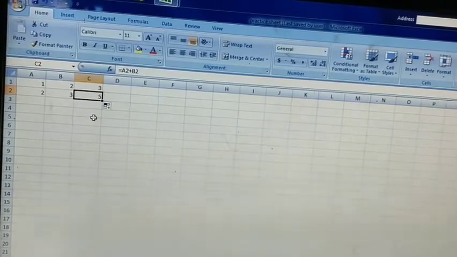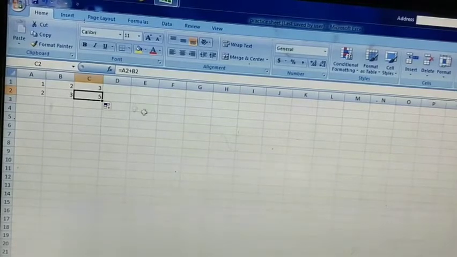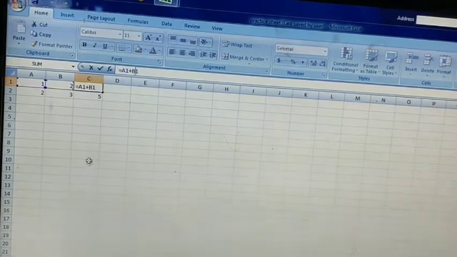Now I'm giving you the example of mixed referencing. So what I am doing, selecting the first cell, then in the first part A1 I am leaving it as it is, and in the second part B1 I am just putting a dollar sign.